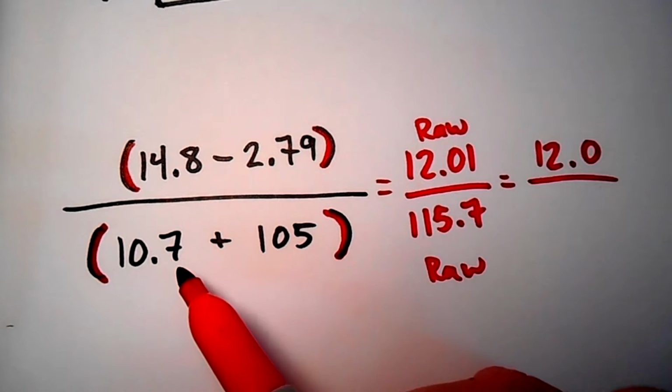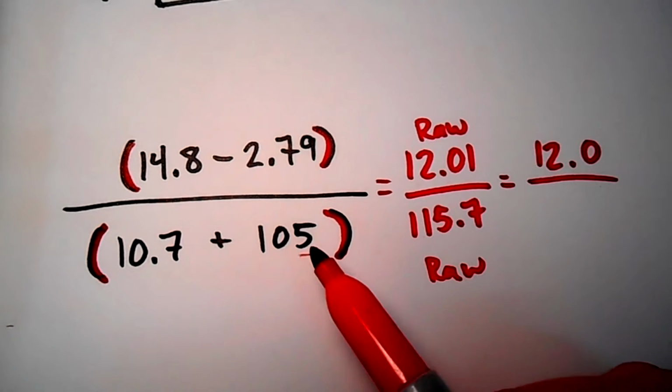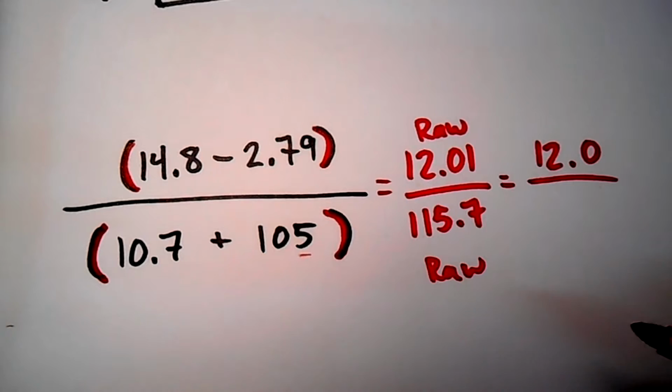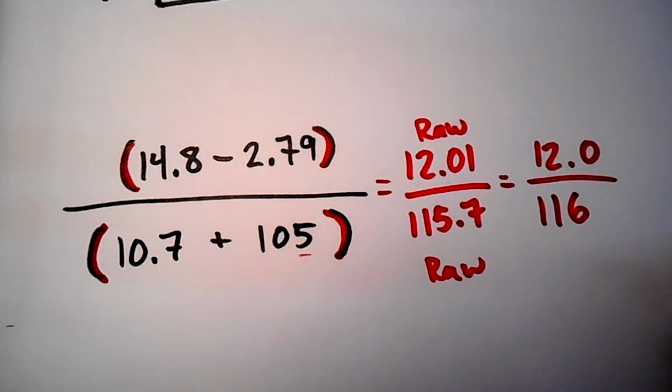10.7 is only precise to the tenths place, but 105 has only precision to the ones place. And so that's going to limit my precision down here in the denominator. So I need to round to the ones place. That's going to make this 116. And now when I look at this problem, this is now a little bit simpler, and now I'm going to